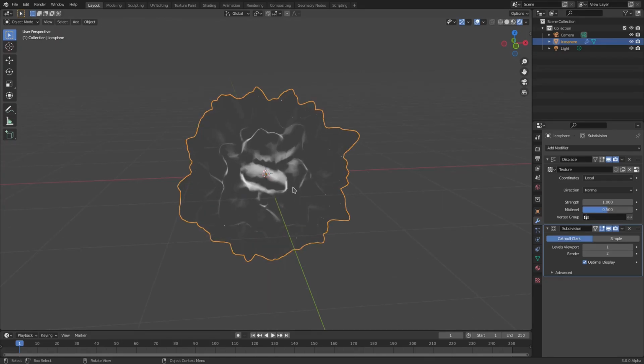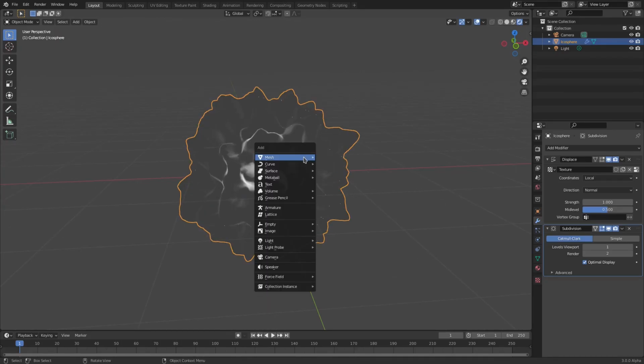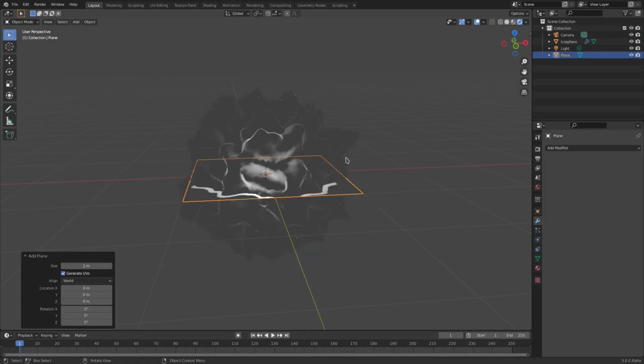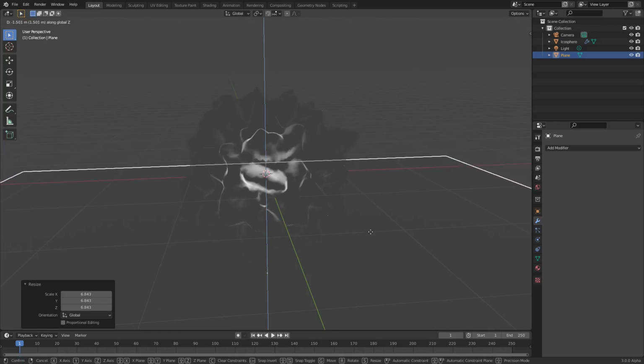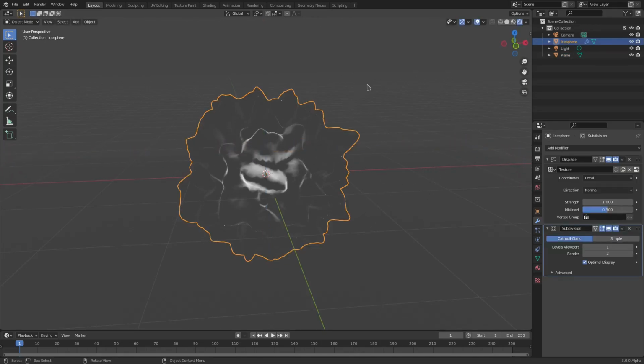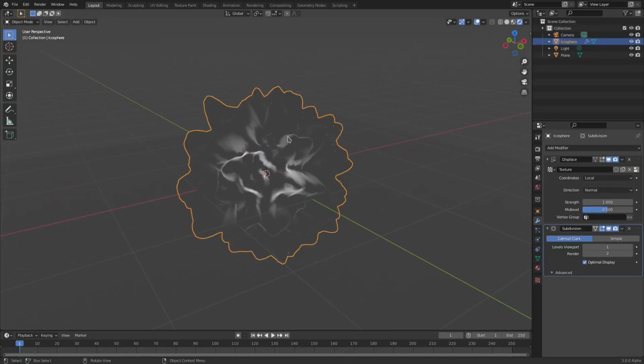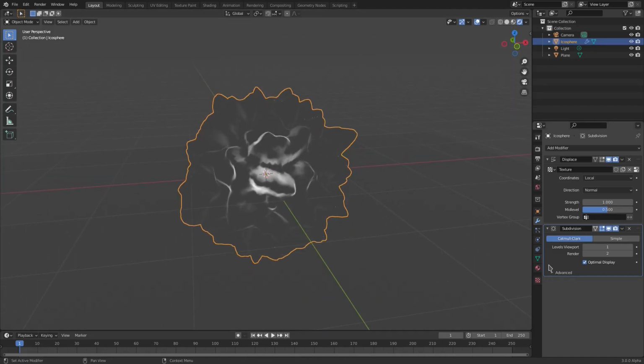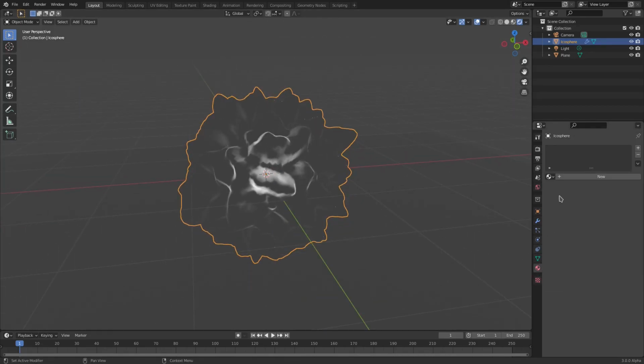Now, there's something else I want to do here, so let's go ahead and actually add in a plane, just so you can see the effect. Go ahead and hit plane, S to scale it up. This is just so we can see the effect that I'm going to do in a moment, so don't worry about that. Now, with the shockwave selected, we'll go to the Material tab here, hit New,